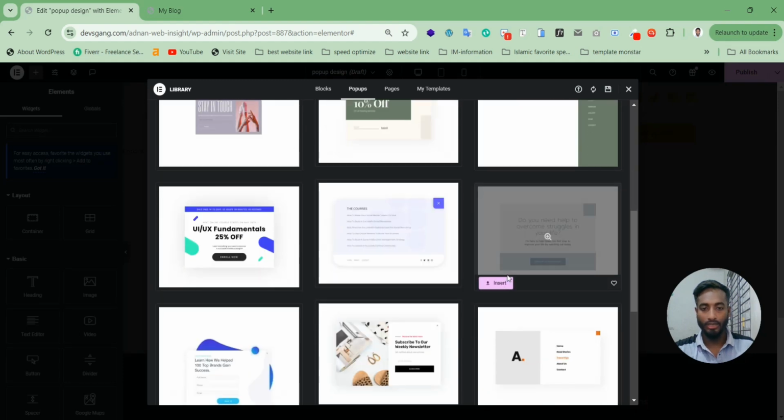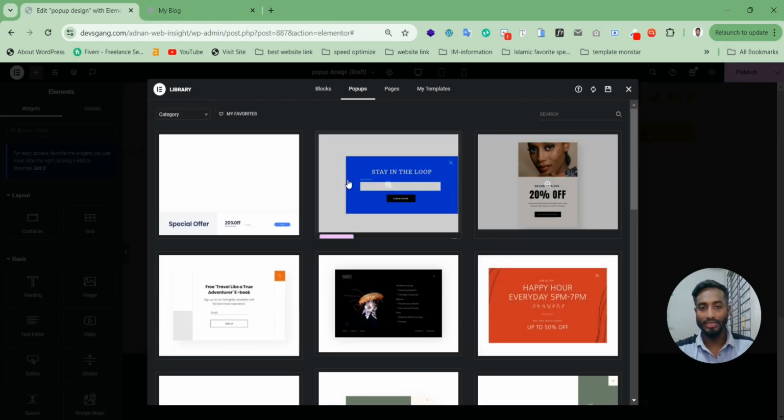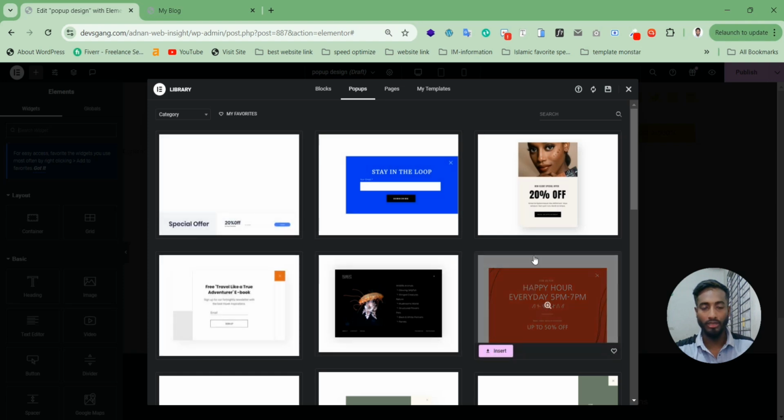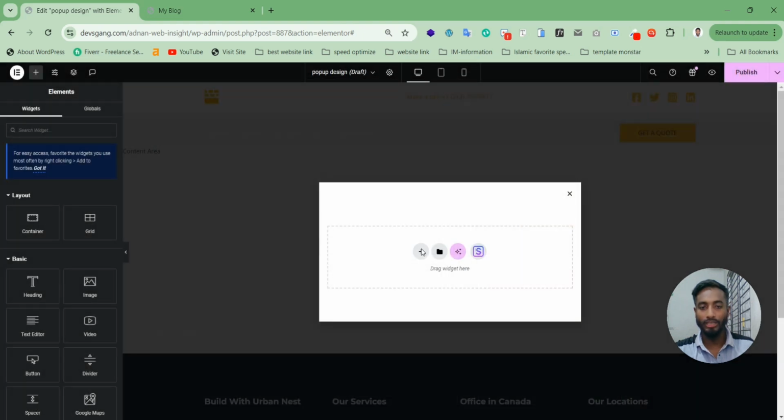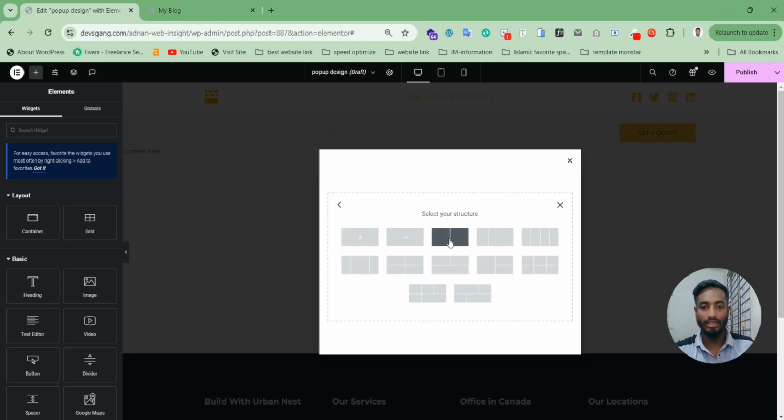Okay, here there are lots of samples. If you have Elementor Pro with a license, then you can take any pop-up from here. At this moment we don't have any license, so we have to close it. We have to click on the plus icon, select Flexbox and click the column,